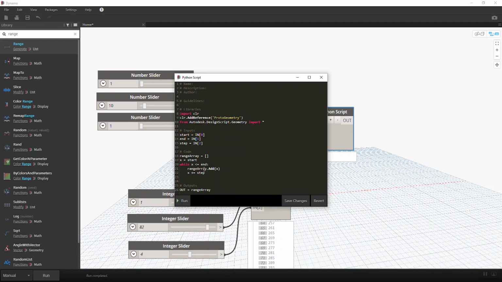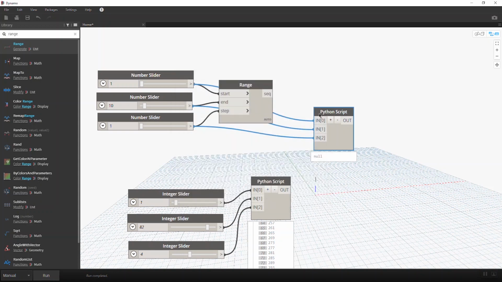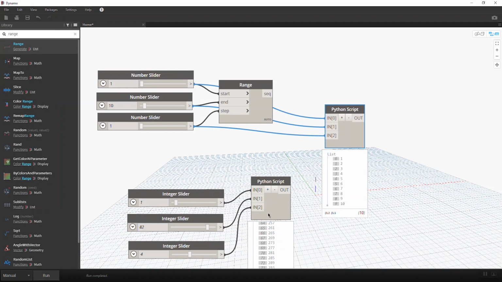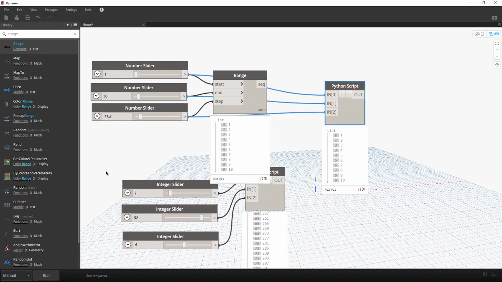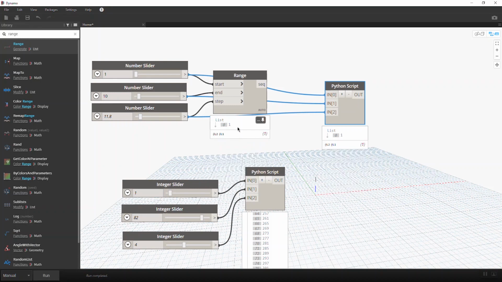So there is actually a time when this while will stop, and that is when x reaches the value of end. So we're pretty sure this is not going to be an infinite loop. And that is exactly what we were expecting as a result. So if we move this one, they will just behave the same way. So we can do exactly the same thing